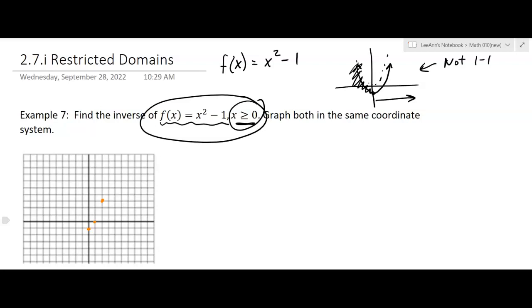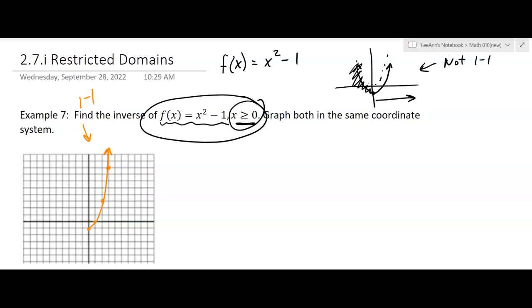And then we would have 3, 9, 1, 2, 3, 4, 6, 7, 8, 9. Something like that. And so it's looking like that. Now, you could just graph it based on what we did in the last example. But you can see that this is 1-to-1, and it's a function, and so it's going to have an